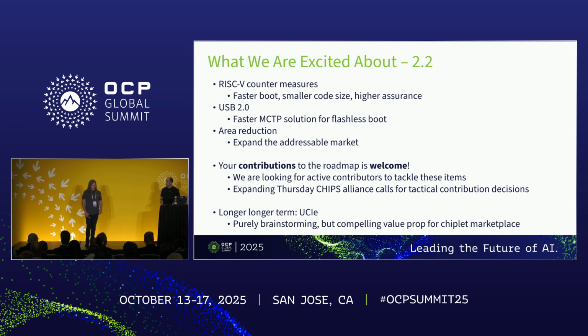Let's go to 2.2. Do you want to talk about that one, Bryan? Yeah, so a lot of times we get asked what's next, what's coming up after we've just released the Caliptra 2.1 RTL on Monday. So this gives an update on what we're thinking about for Caliptra 2.2. Some more countermeasures in the RISC core. I think that will help with some of the size and area reduction that we're putting in